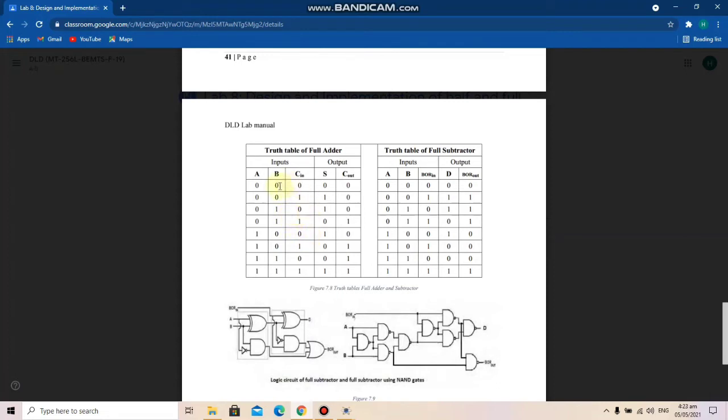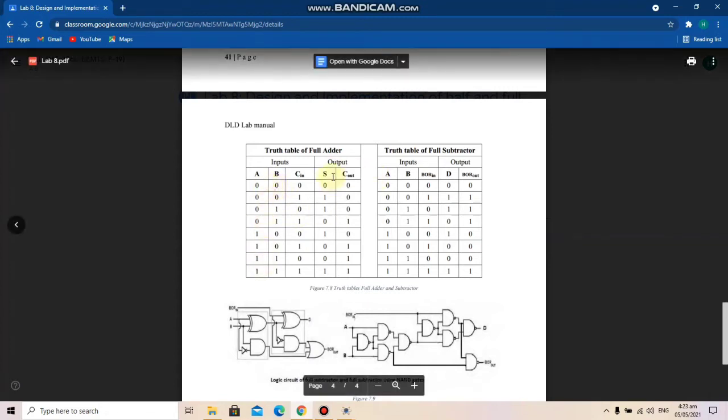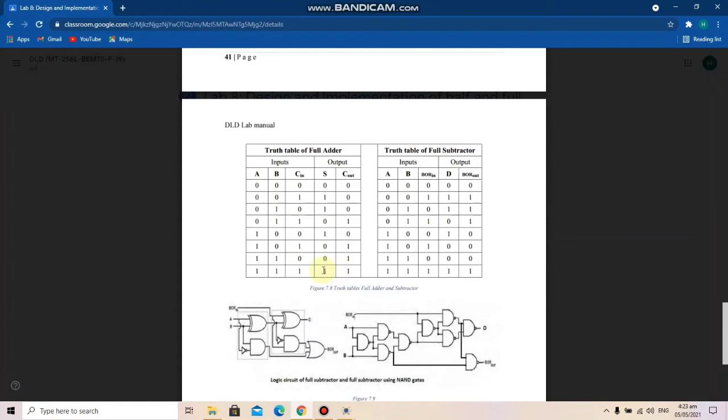Okay, so if we look again, we have a 2-bit output. We need only a 2-bit output again, because if A, B and C, all the inputs are high, we'll have the output 1 plus 1 plus 1 is 3, which can be accommodated by the 2-bit output, as a 2-bit output can give us a maximum value of 3. So here we can see that when all three inputs are 0, the output is 0. Then if carry in is 1, so 0 plus 0 plus 1 is 1, we can see the least significant bit sum is 1 and carry out is 0, so this output is also 1.